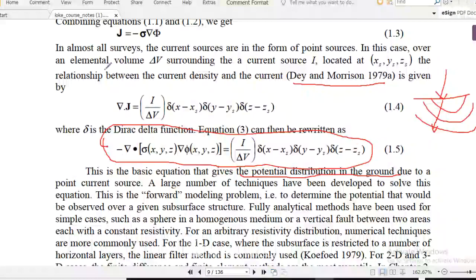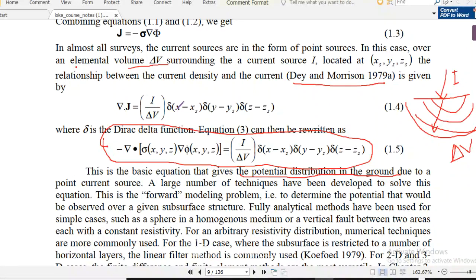Okay, this is the element of volume, the element of volume surrounding the current. That means there is volume. If you take this one, what is the volume of this one? Assume delta V is the volume, and this is the current I. Here is the current I flowing towards the subsurface. So if you take some volume element delta V,